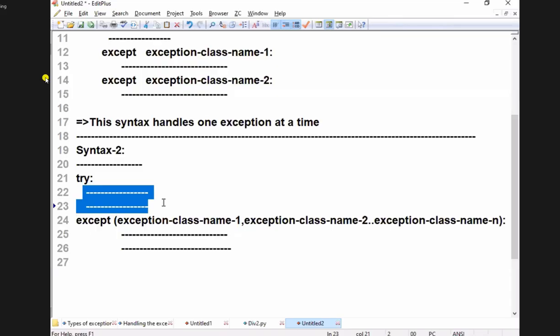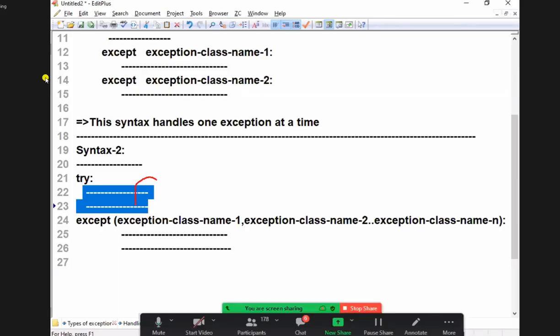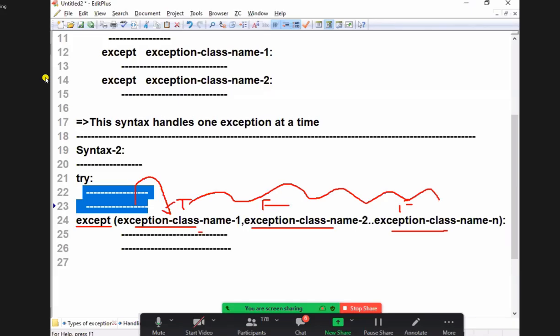Only one exception. It is coming to a single except block, handling N number of exceptions. If it is matching, it becomes true, others do not match: false, false, false. It becomes true and this block of statements will execute.